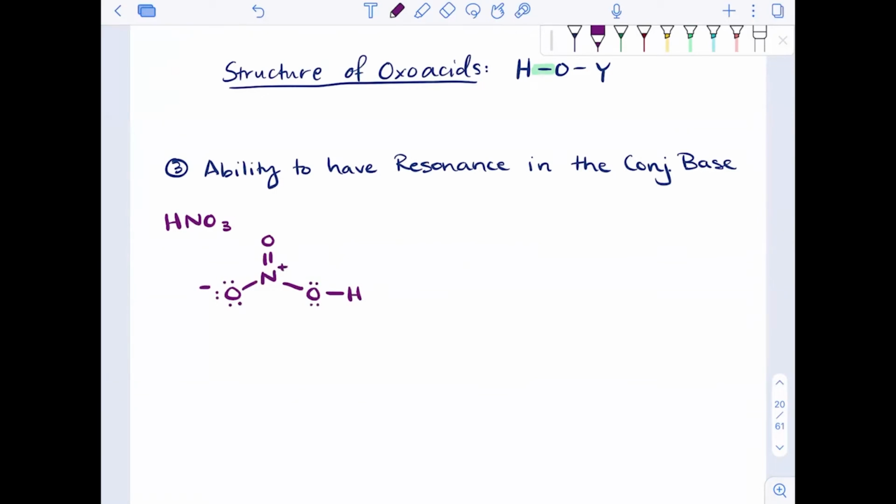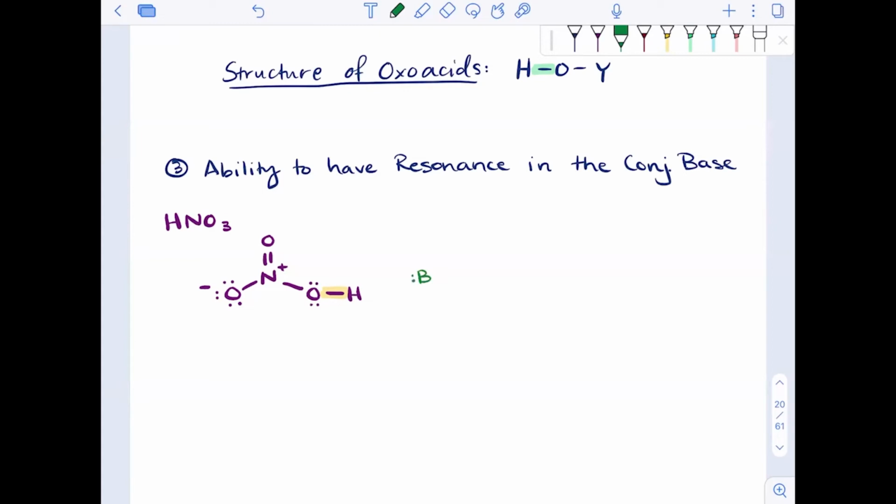Practice with this Lewis structure before moving on. I think it's a really important one to be able to decide where the atoms go. Nitrogen goes in the center because it makes the most number of bonds. And when we're organizing these, we do have one oxygen to hydrogen bond. Now that is an acidic bond and it is an oxo acid. Now, the ability to have resonance in the conjugate base is what gives our oxo acids their immense amount of